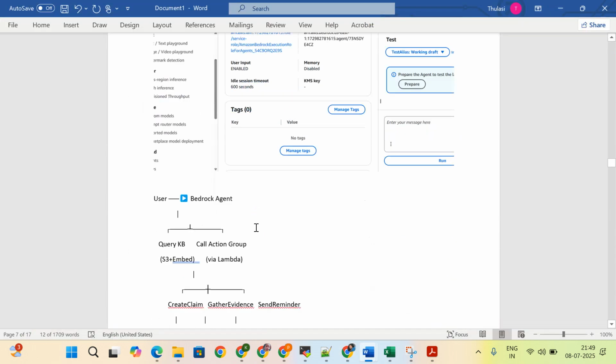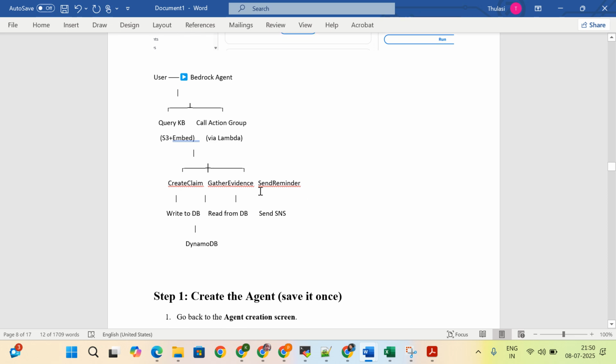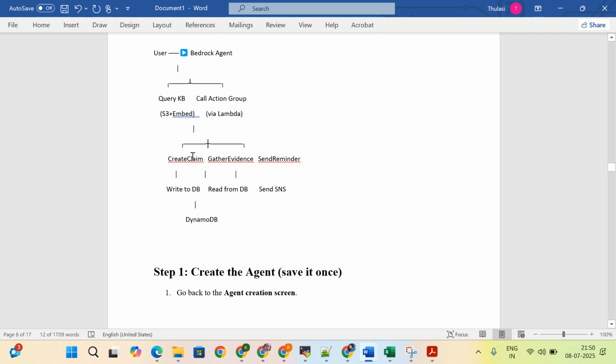I am just explaining the flow. The user will access the Bedrock agent, and I will show you how the user accesses it. Once the user accesses the Bedrock agent, the user will ask any questions or queries, and they hit that agent. The agent will first call the Lambda function. We have three Lambda functions: claim, gather, and send. Whatever details are inside the application, we gather some information. For example,